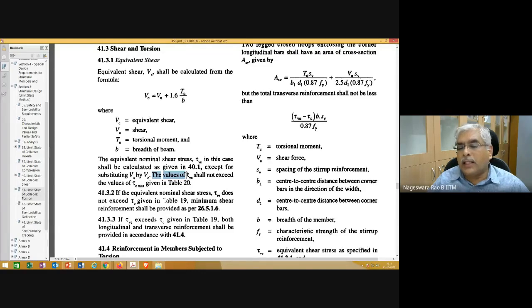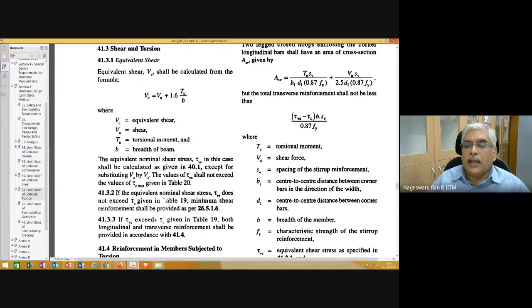Please note that in yesterday's class, the notation was tau V for nominal shear stress. Here, since we are using equivalent shear, this notation is also slightly changed. Tau VE is nothing but the equivalent nominal shear stress.